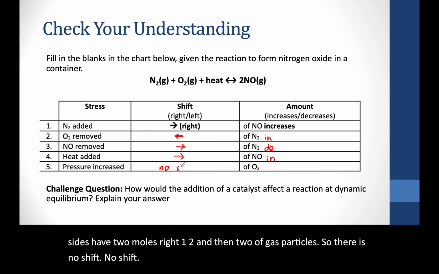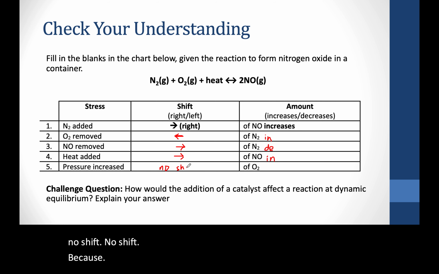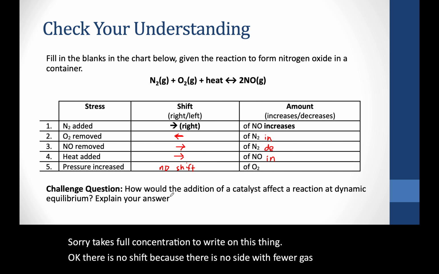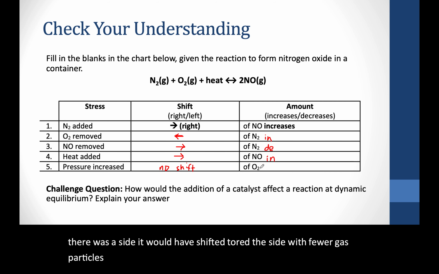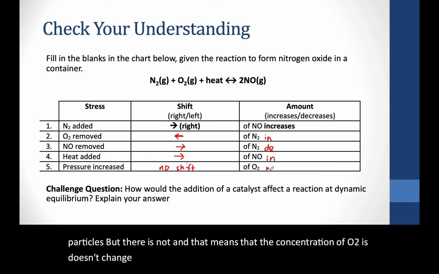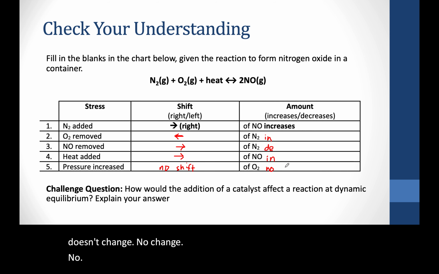because, sorry, it takes full concentration to write on this thing. Okay. There is no shift because there is no side with fewer gas particles. If there was a side, it would have shifted toward the side with fewer gas particles, but there is not, and that means that the concentration of O2 doesn't change. No change. Okay, so go ahead and